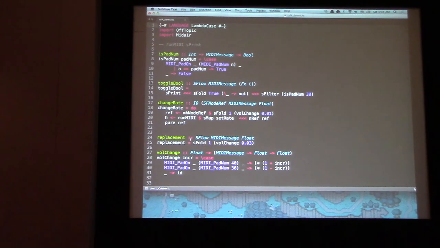So I'm going to start a little piece of music going in Tidal, and then alter, instead of the volume, which might be easier to perceive, maybe the rate of playback of the samples. Hopefully everyone can see that. Can everyone hear that okay?